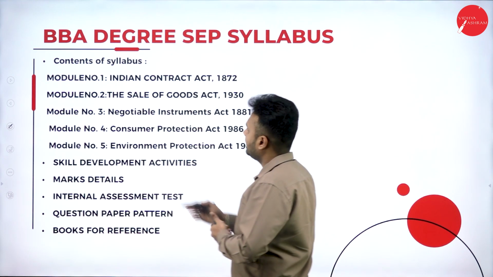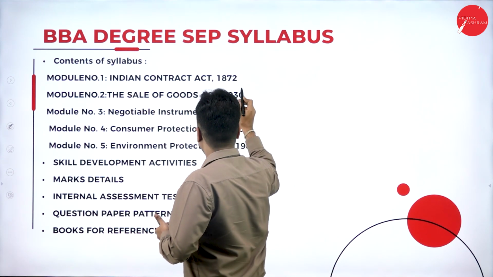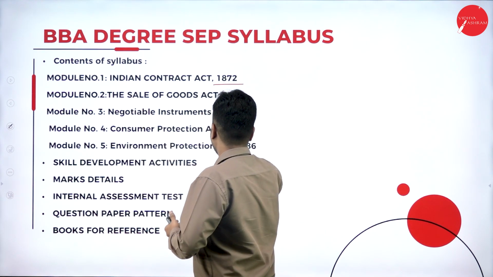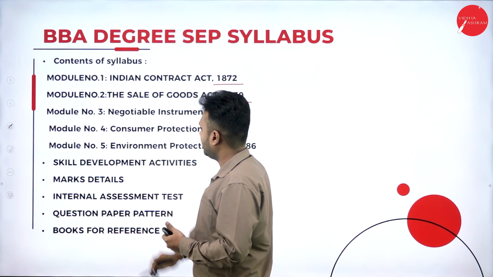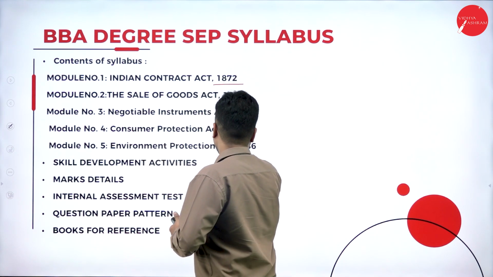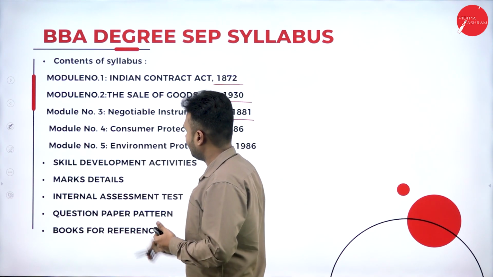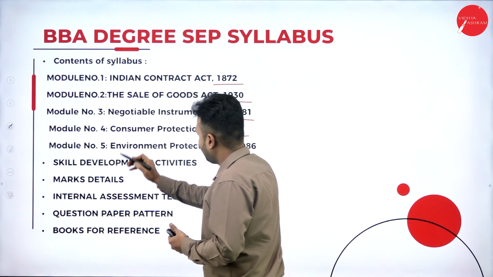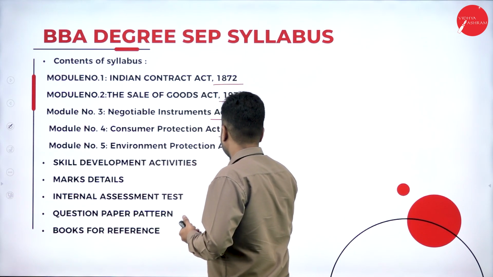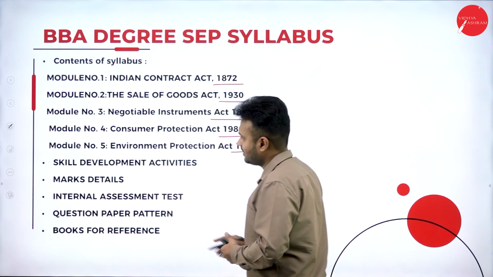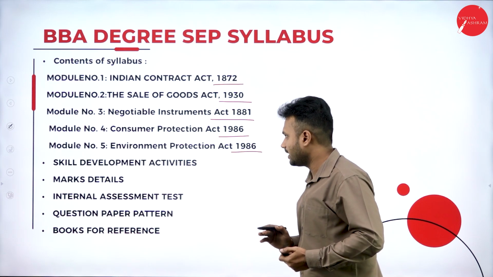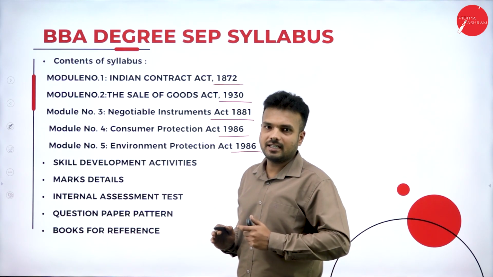Unit number 1, that is Indian Contract Act 1872. Unit number 2, the Sale of Goods Act 1930. Unit number 3, Negotiable Instrument Act 1881. Unit number 4, Consumer Protection Act 1986. Number 5, Environment Protection Act 1986. These are the 5 units or the 5 modules that are included in the syllabus as per the University of